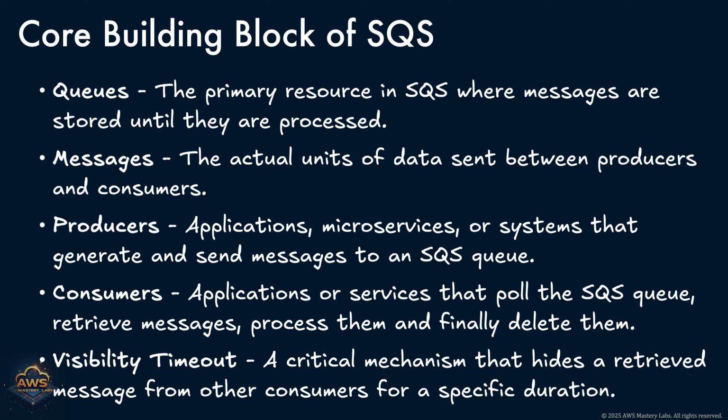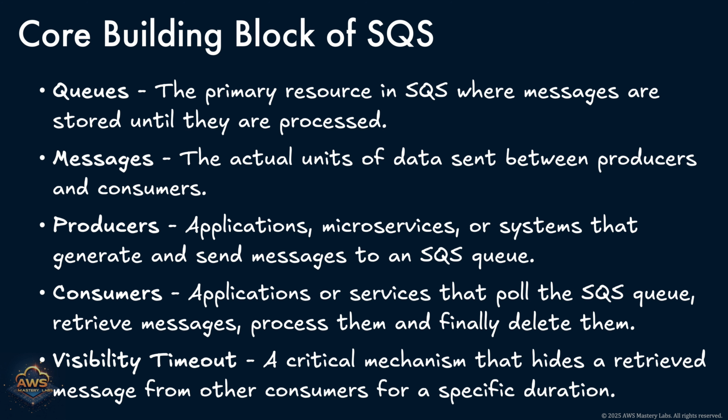These are services or applications that pull the queue, retrieve messages, process them, and then delete them. Consumers can scale horizontally, working in parallel to handle increased throughput, and they don't need to coordinate with producers. Finally, one of the most important mechanisms in SQS is the visibility timeout. When a message is retrieved by a consumer, it becomes temporarily invisible to other consumers. This gives the consumer time to process it. If the message isn't deleted within the timeout window, it reappears in the queue, ensuring it's not lost and can